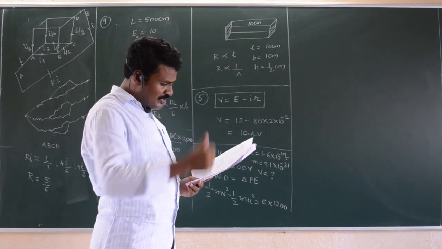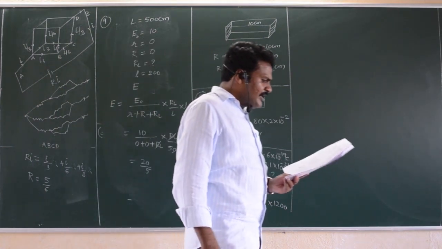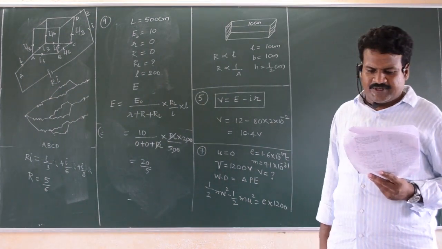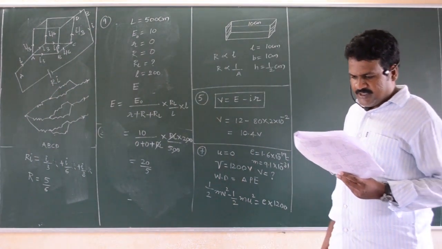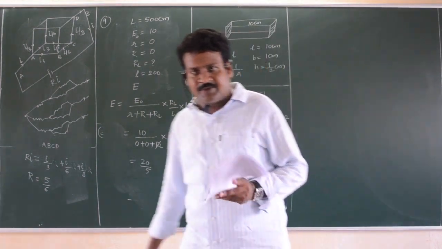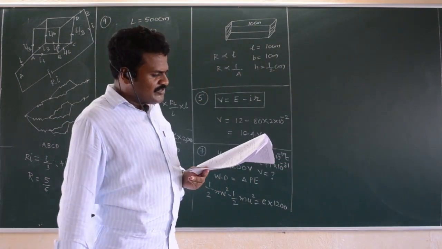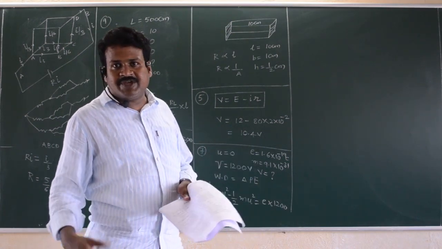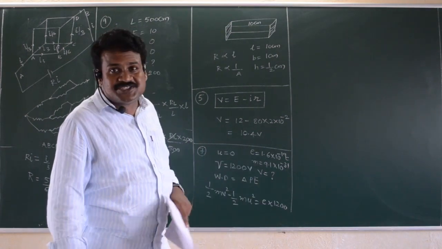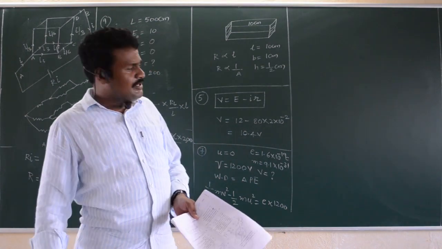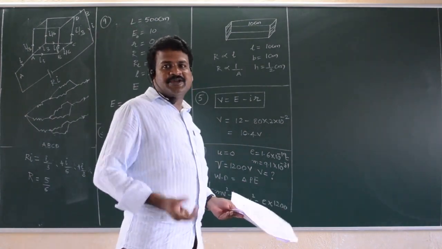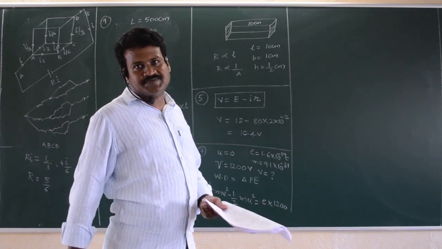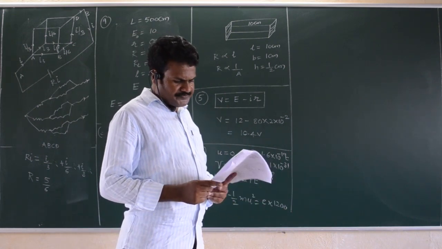And next, question number 12. The IV characteristics of a copper wire of length L and area of cross section A are shown in the figure. The slope of the curve becomes... So here you calculate the slope of the curve from your question paper. The slope of the curve is always y by x, dy by dx, that is I by V. I by V is nothing but conductance, the opposite of resistance. So if you heat the wire, resistance will increase, meaning conductance will decrease. That will be the answer.